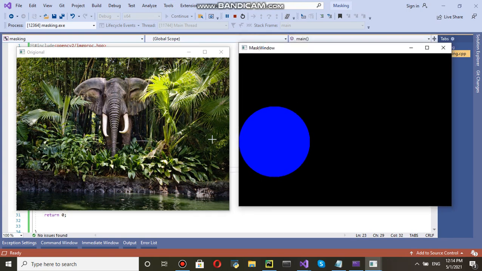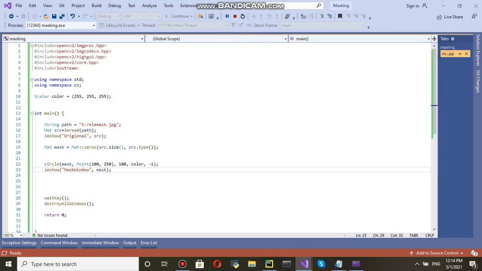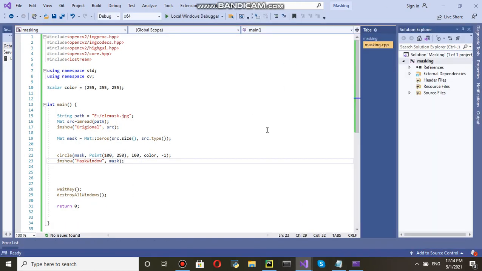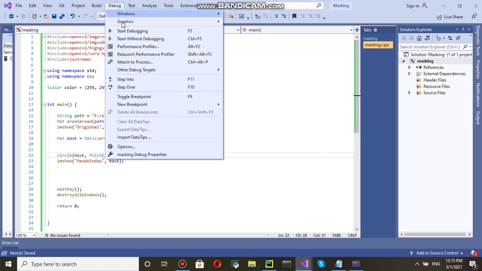Finally, we have to put this mask window over the original image such that we can see the region of interest. So we need it on the right side. For the right side, in point X give something like 250 and Y give say 50. Save this program and now you can see the position.